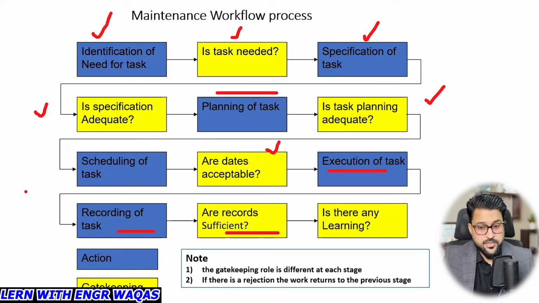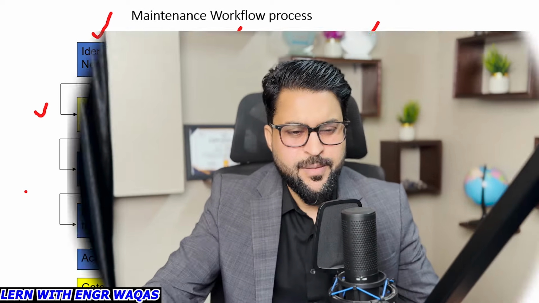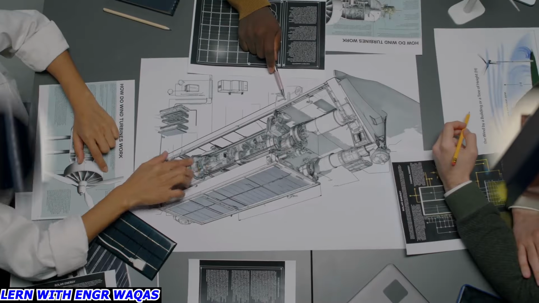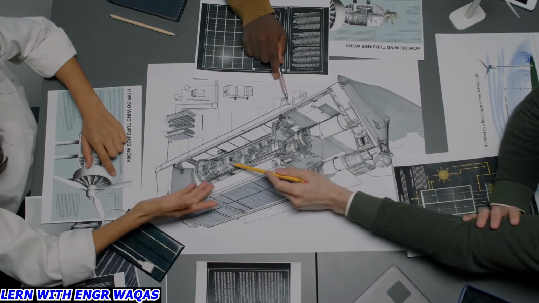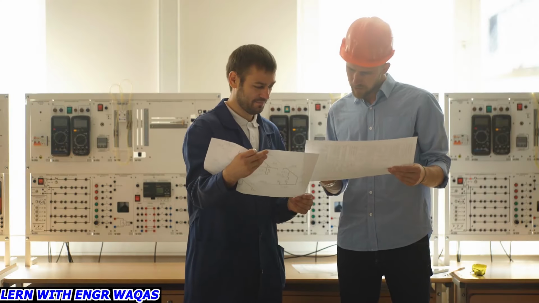Our records are sufficient? Is there any lesson learned? You are going to maintain it and make it an OPA, an organizational process asset. This is the basic philosophy you are going to follow. And the next is to gather your work data, generate your work orders, and then collect those work orders inside